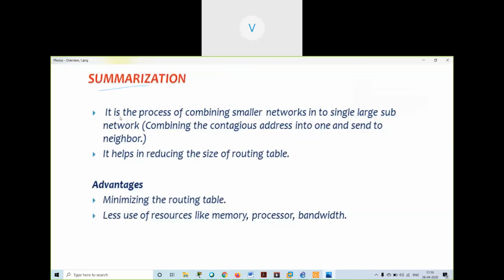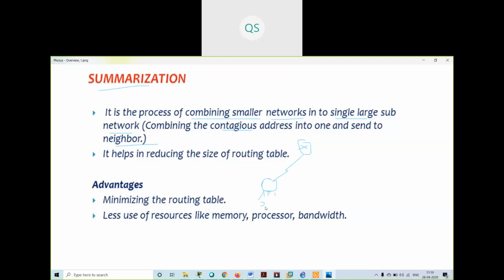Summarization is the process of combining smaller networks into a single larger subnetwork. Combining contiguous addresses into one and sending it to the neighbor. We have learned this in CCNA also. Suppose I have multiple routers over here and multiple routes.